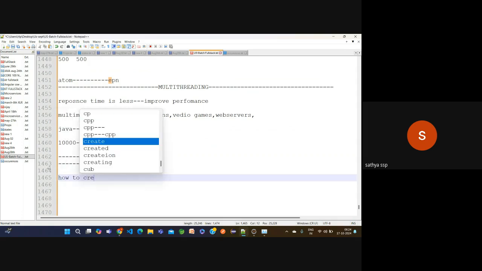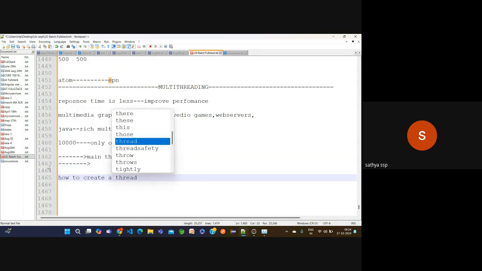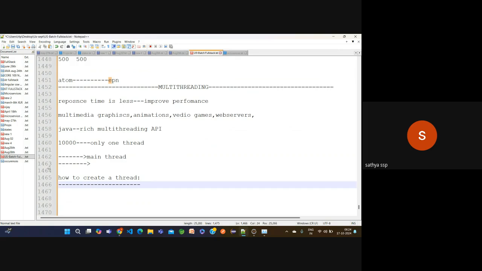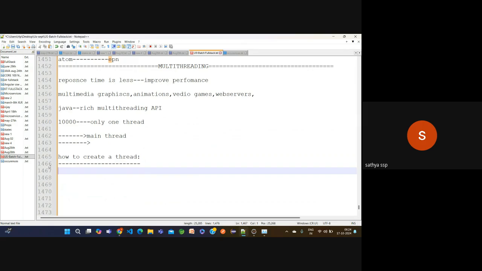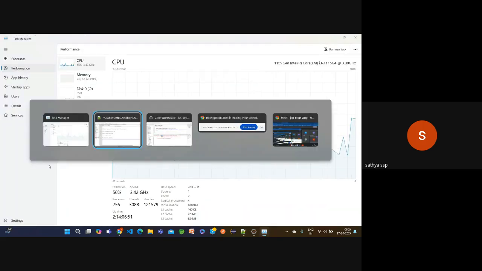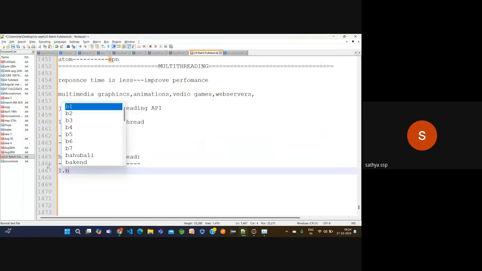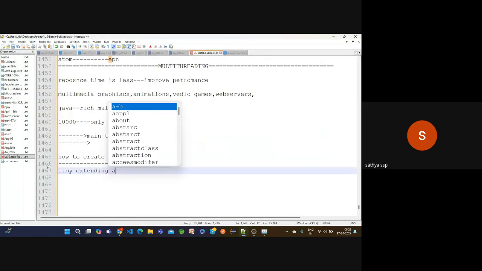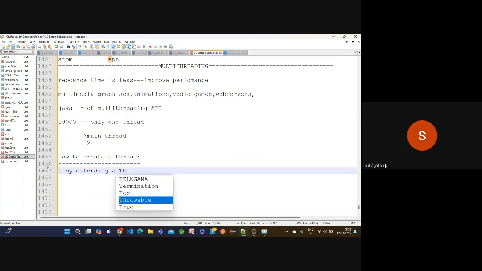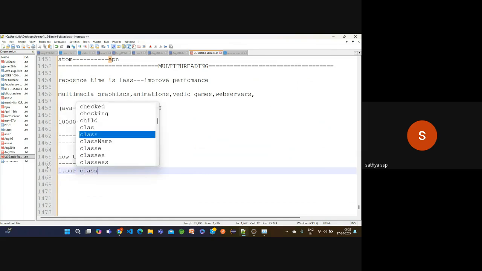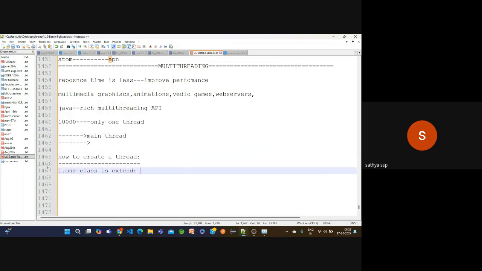Then the thing is, how to create a thread? That's the point. Now we have two ways to create a thread. The first one, by extending the Thread class: our class extends the Thread class. Thread is a predefined class.